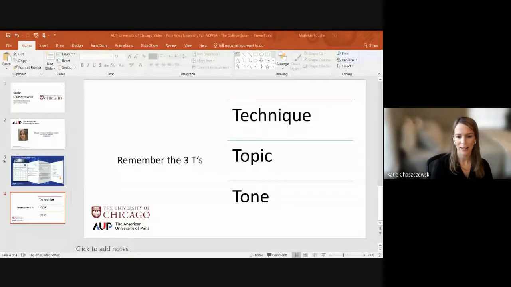So technique, topic, and tone, that's what it says. So with that, another essay that we also received in the same year to that prompt was a little bit different. And I will read the first paragraph of this one, which was: The only time I was scolded in elementary school was for returning a damaged library book. A drop in the bathtub had left the pages of Matilda irreparably wavy and crinkly.